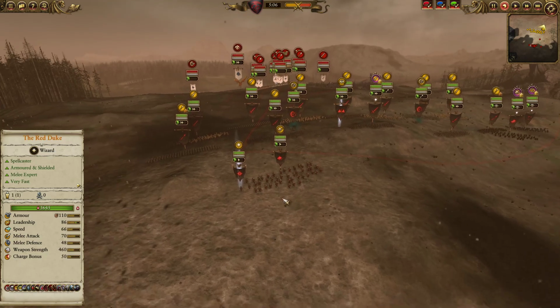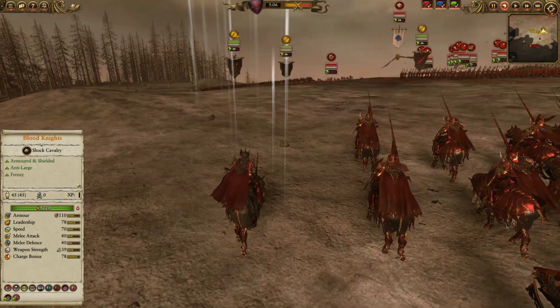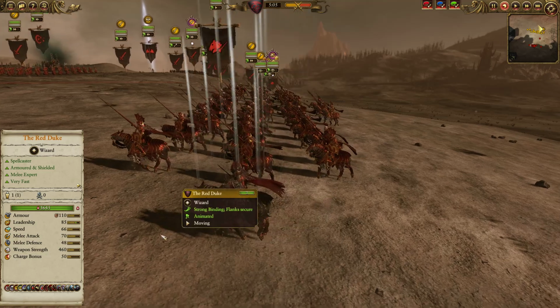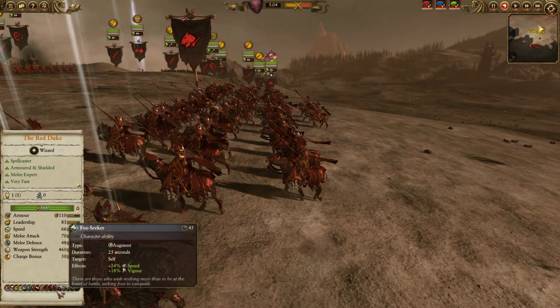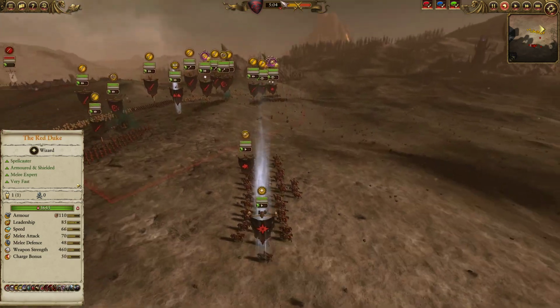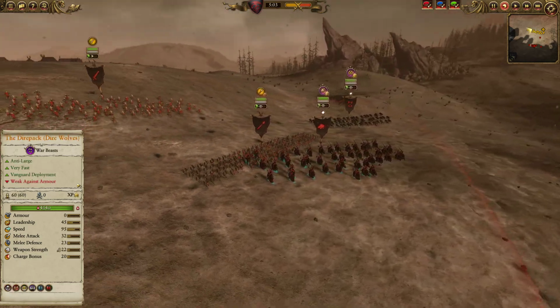We've got the Red Duke on the ground, supported by his Blood Knights here, who go very, very well next to him. They look excellent together. His spell loadout, he's got Invocation of Nehek, Dance Macabre for that speed and melee attack buff, as well as Raise Dead. We've also got the Varghulf Reavers and Regiment of Renowned Hounds on the other side there for